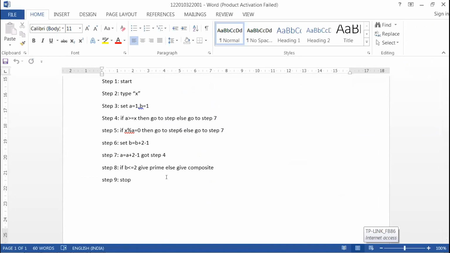Sir, I wrote my complete pseudocode in a regular writing format, not in this one. I wrote it stepwise only, but did not write type X in quotations, set A1, set B. Next time when you submit an assignment, you follow them. As Kranti sir said, we will upload those guidelines, a simple one, and for the next assignment you follow those guidelines. Okay, sir. Thank you, sir.